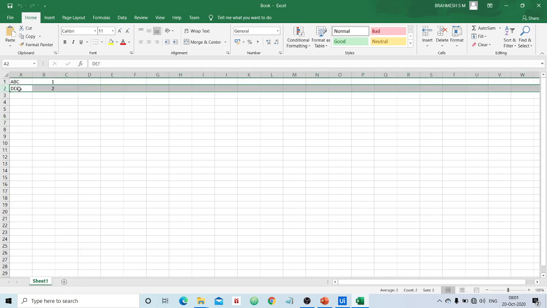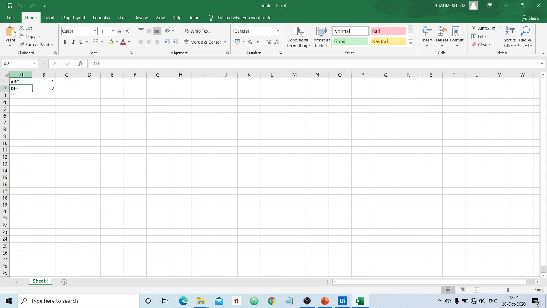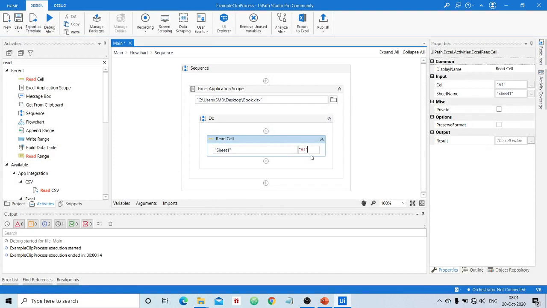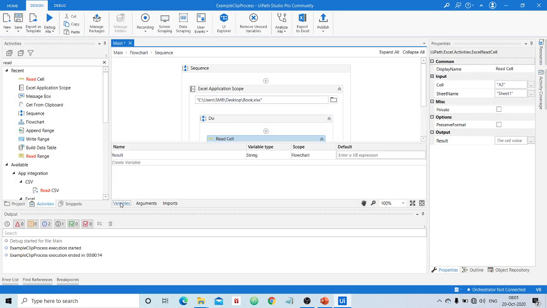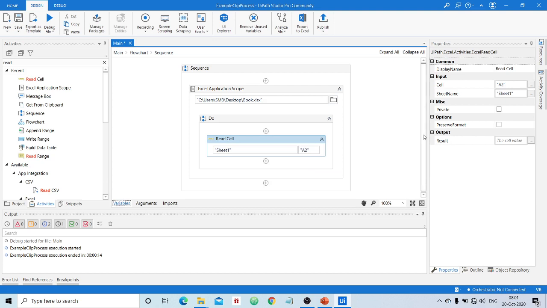In sheet 1 I need to extract the content of cell identified by A2, right? Okay, A2. I have to save this. Yeah, A2. Here I don't want to retrieve the A1 value, instead I need to retrieve the A2 value. Then after that, we need a variable, right? We already have created a variable called string. I can make use of the same variable. Here again, output property, and the read value should be stored in a variable called result.